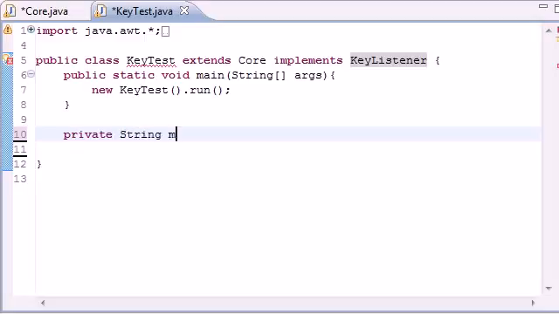Private String mess, for message, and just set this equal to nothing. By the way, the program that I'm building,